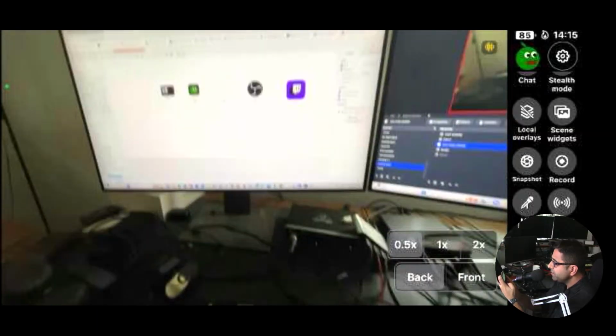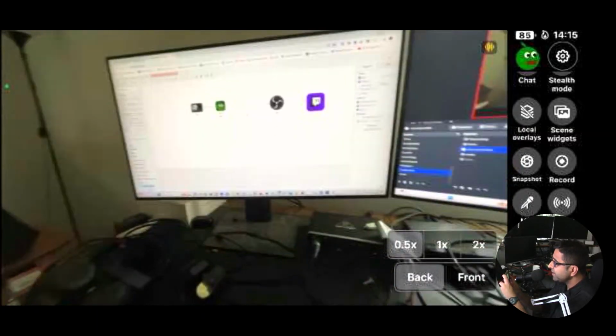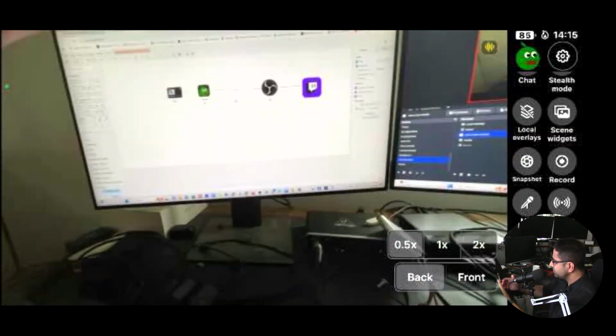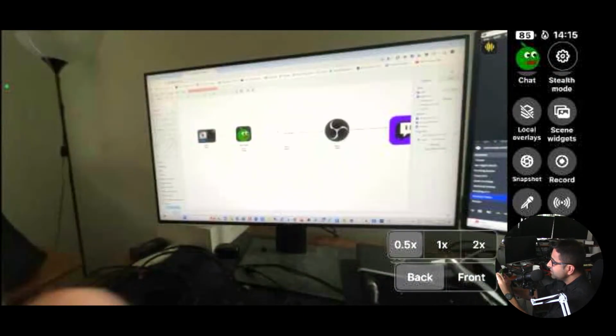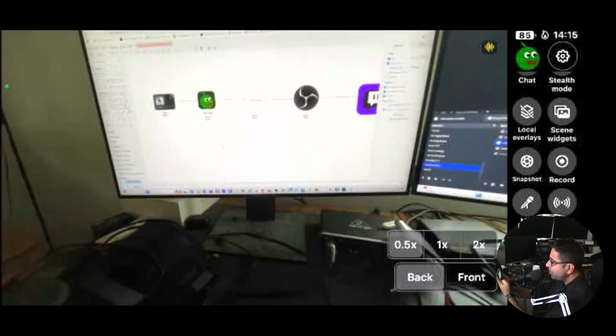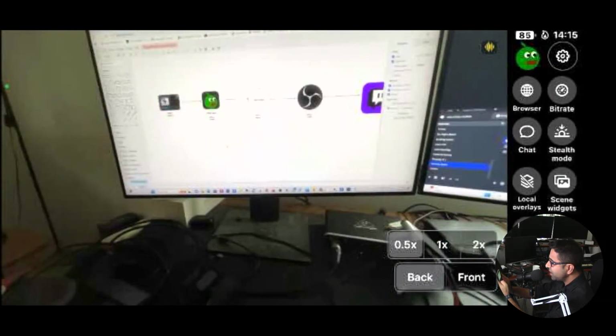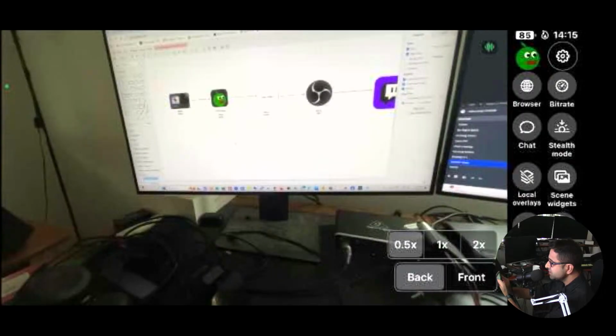So now in Moblin, we want to create a srtla ingest. So what we want to do first is I want to go to my settings,